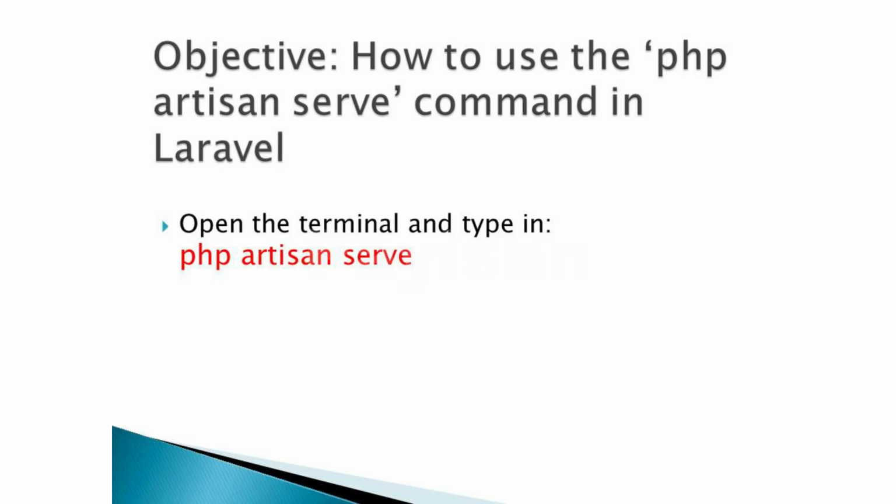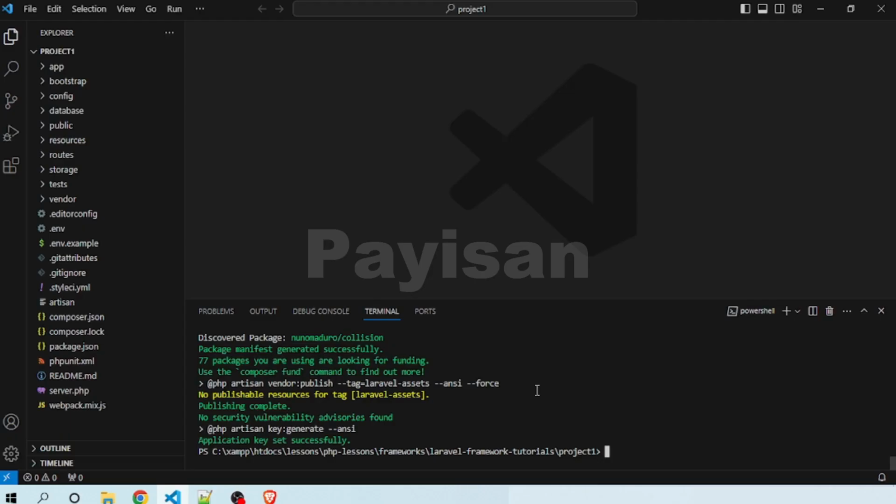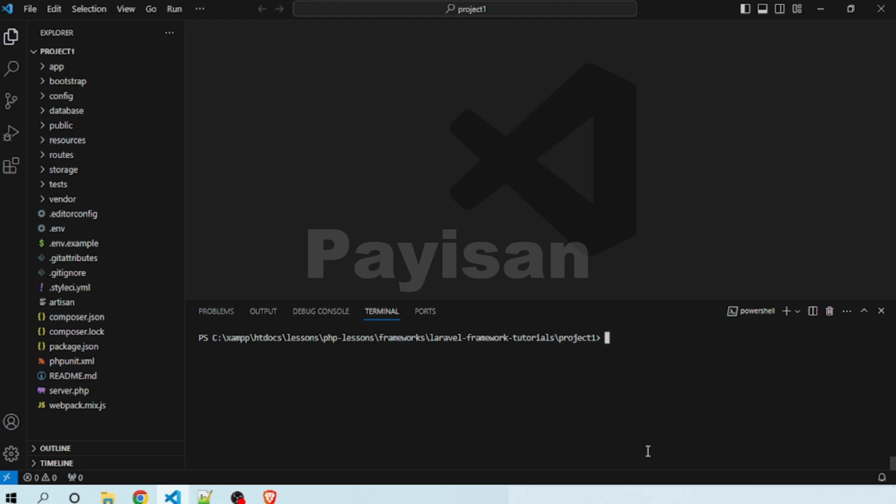Now, what we want to do is run the project we already created. So what I will do first is clear this terminal. I will put the clear command, so that it clears all those displays that appeared when the project was created. Now I will type one command that will run the project. I will say php artisan